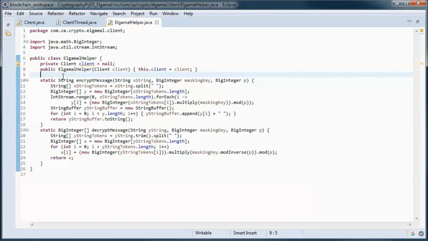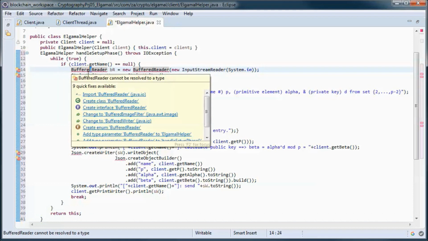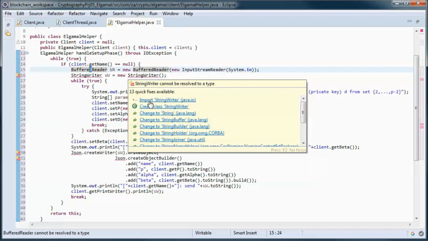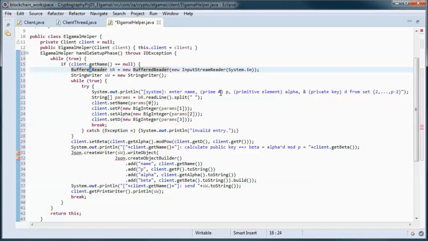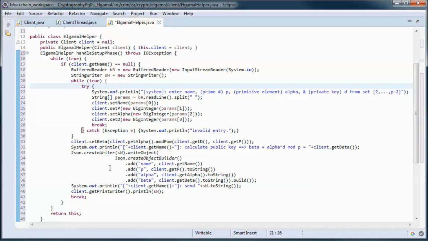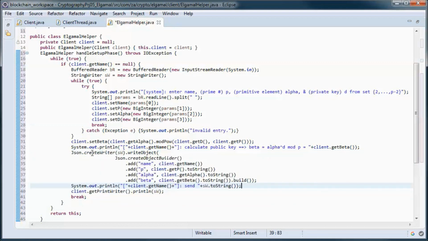And this method handles the setup phase, so picking up P and alpha and the private key D from the user, and sending them to the other client in a JSON object.